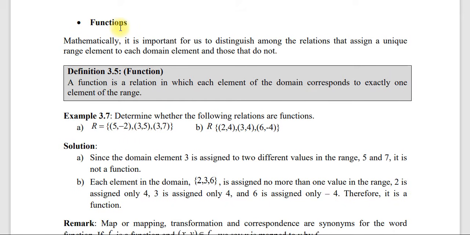So functions ይላል እንግዲህ የዛሬው ቶፒካችን ነው። What does it mean by the word function? function እንግዲህ ፋሚሊያር የሆነ ወርድ ነው። ብዙ ጊዜ ተመረናል ስለ function and relation. Okay, most of the time, relation and function difference ምን እንደሆነ በተደጋጋሚ በተለያዩ ግሬድ ሌቭሎች ስንማር ነበር ማለት ነው። Okay so mathematically it's important for us to distinguish among the relation that assign a unique range element to